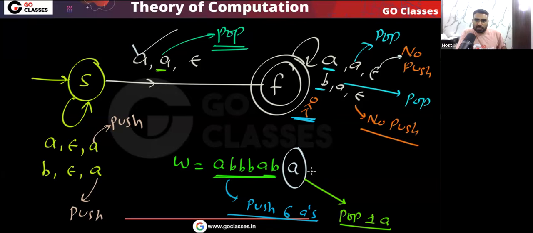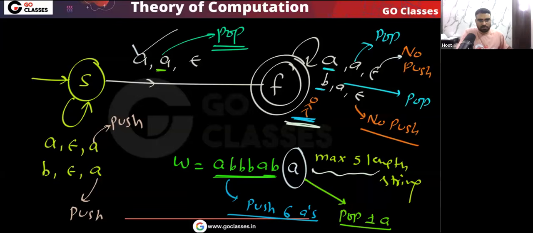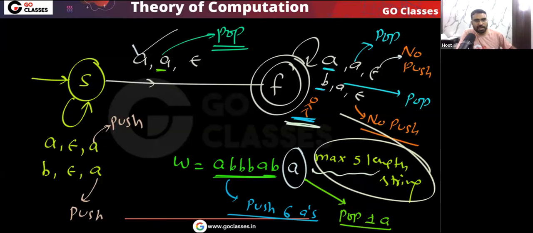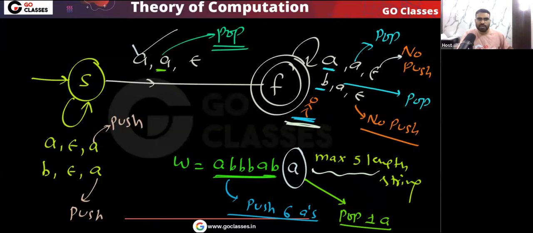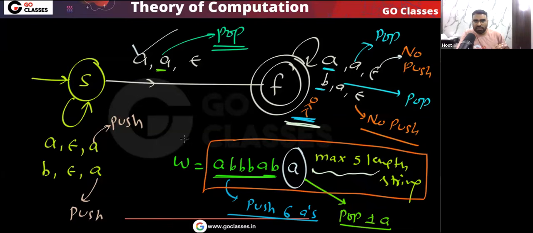Do you agree with me? Here I can put a maximum 5 length string. Remember, I will be in the final state, so this string will be accepted. Is this point clear? Let me know. Any max 5 length string I can put here. For example, I can put a 1 length string, a 2 length string, a 3 length string. Maximum 5 length string I can put here. Please tell me, did you understand? So this type of string will be accepted. This string will belong to the language.